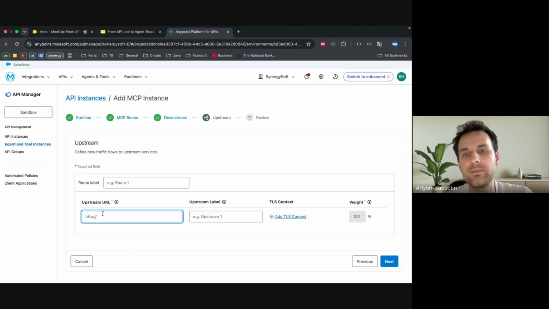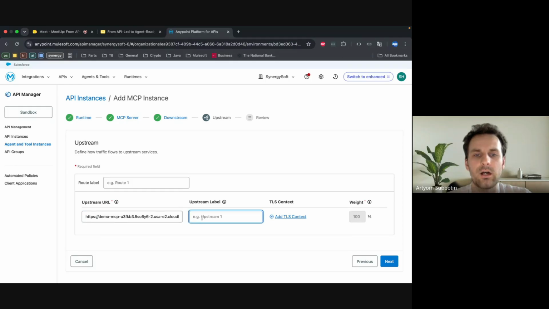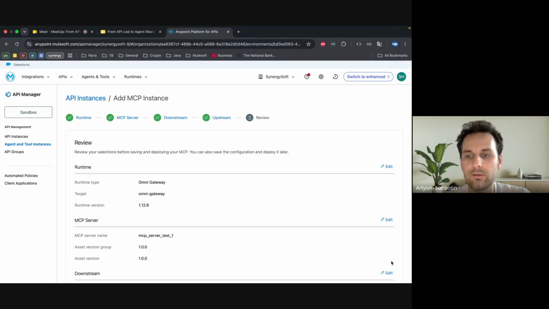It might not be only a single API here, but for our test purpose, we are just adding, you see, the demo MCP URL, which we chose for testing the connection between Claude and MCP. The upstream label will be MCP API, and that's pretty much it.